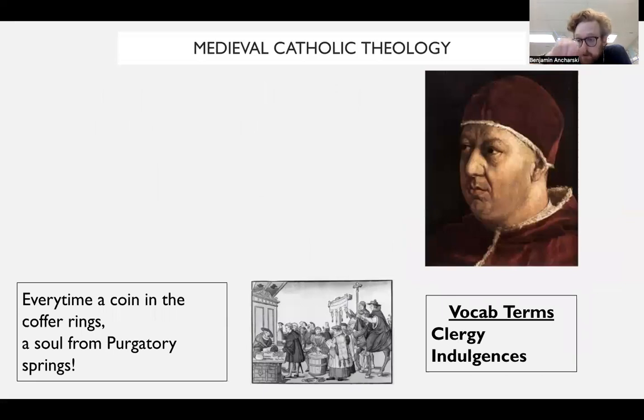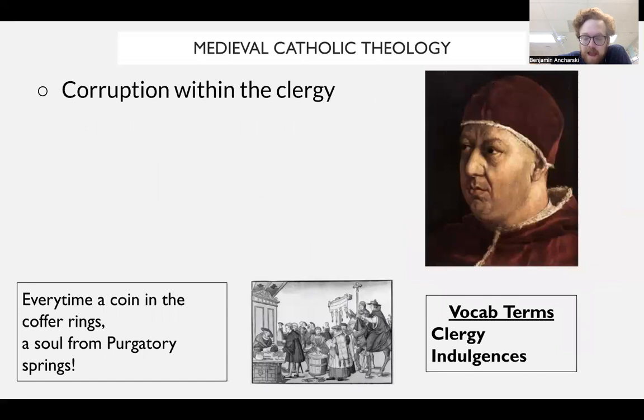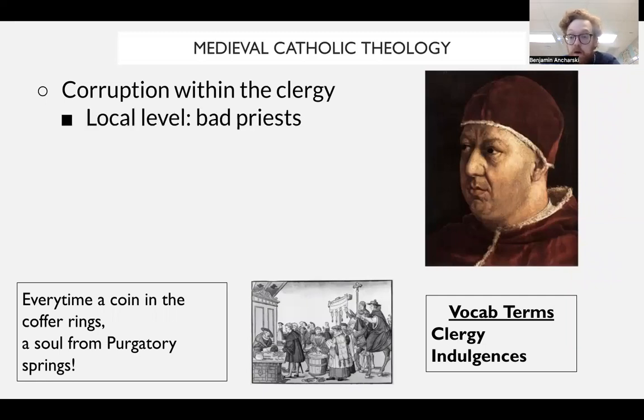But another big issue by the end of the Middle Ages is the fact that the Catholic Church is going to be pretty corrupt, to put it lightly. We are going to see financial and moral corruption, and basically the effect of all of this corruption, at least in the minds of people who want to fix the Catholic Church, is that priests, the spiritual leaders of communities, are not following the example of Jesus Christ. So, at the local level, we are going to see controversies because of priests who aren't really doing their jobs all that well.